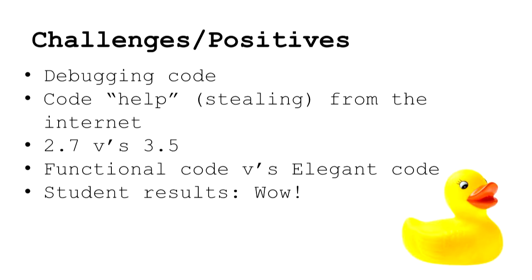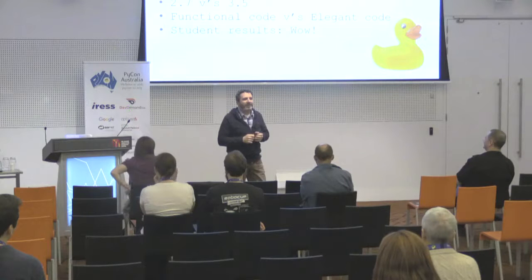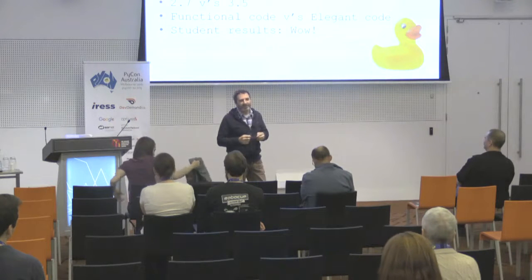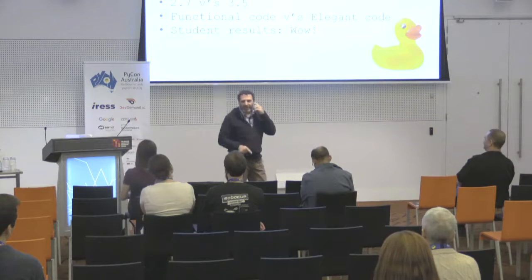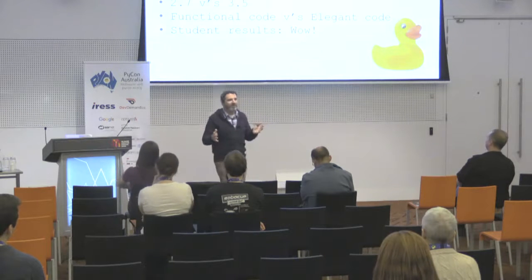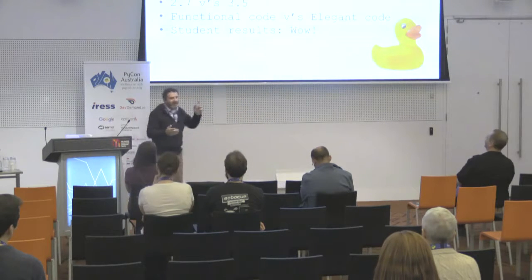But what does help is the kid who steals a 2.7 file, who swears to God, hand on Bible, I have been checking this all term, sir, it's been working fine in my 3.5. And you go, no, it hasn't. It's never worked. There's a raw input there. That's not going to work in 3.5. So that's actually a big help. Kids don't know about that.